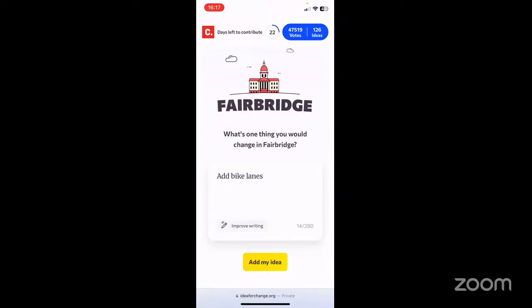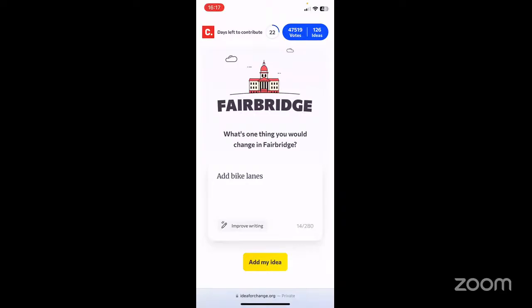I just completed my ballot the other day. I wouldn't necessarily put in an idea here, or I might not have all the full background to say let's allocate this budget for A instead of B. Here it seems more like I can share an idea